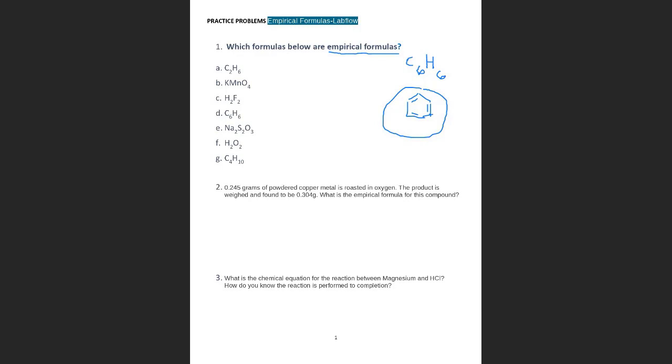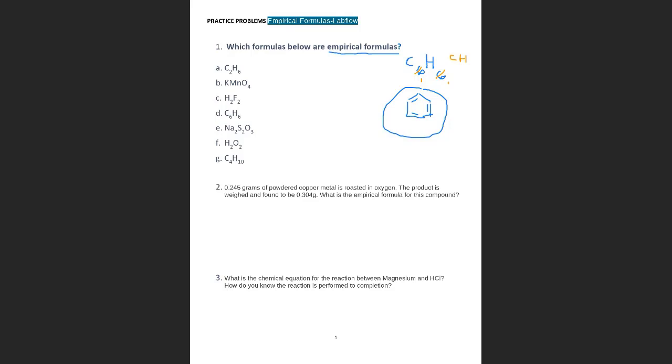It's the lowest whole number ratio of the elements. That means I have a 6 and I have a 6. Is this the smallest? No, I can divide both by 6. If I divide by 6, I will end up with whole numbers, but the empirical formula will be carbon